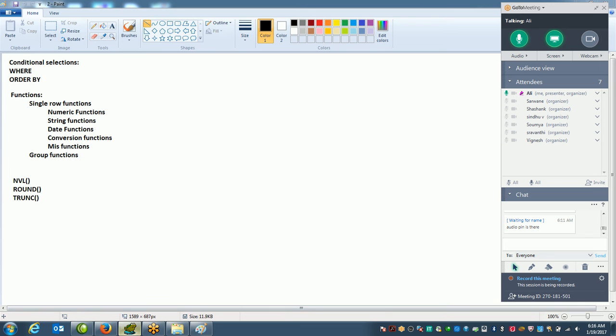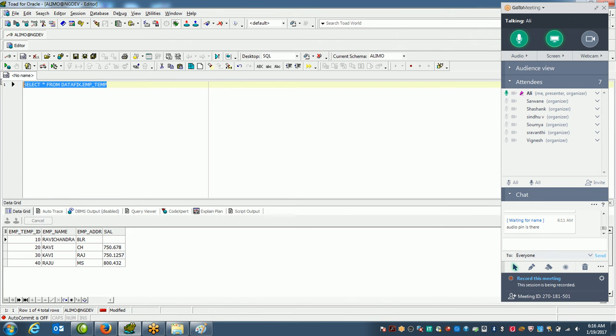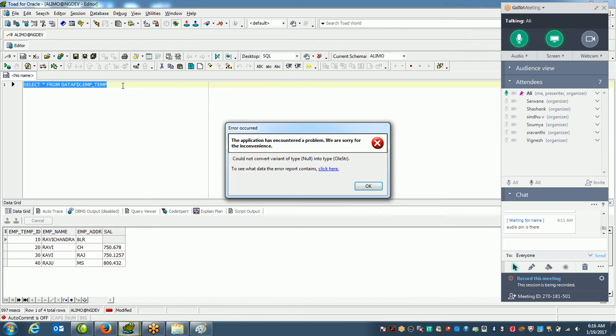So for example, here we have this table. In this table we have a salary column. We want to display some salary in place of the null value. I don't want to display null values. Wherever a null value is there in the salary column, in place of the null value we want to display some specific value. So for that